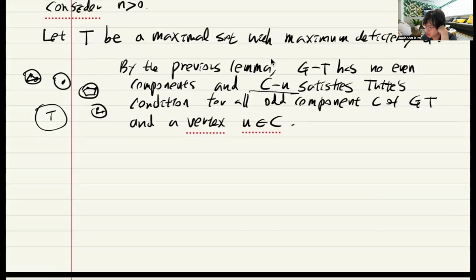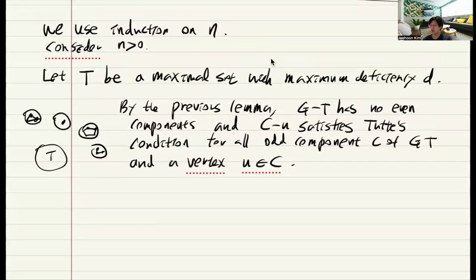This C is a graph smaller than G. Why? If T was the empty set, then there was nothing to prove. Give me a moment. Yeah, if T was the empty set,